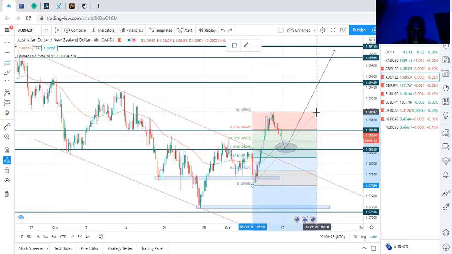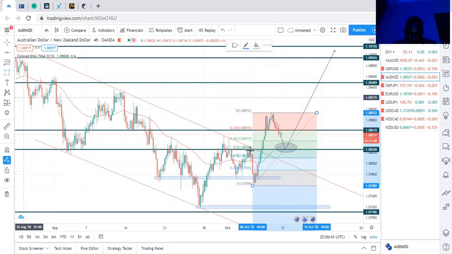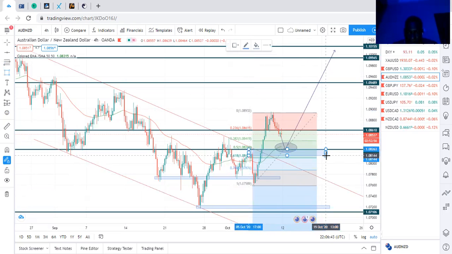So I took my Fibonacci and lined it up here. So what am I expecting to see? As you can see here, I drew my Fibonacci. If you don't know how to use the Fibonacci, you should leave a comment in the comment section, and I will do a video on that as well and show you how you can use the Fibonacci as a confluence to your trading strategy. It works. It is a price action tool.